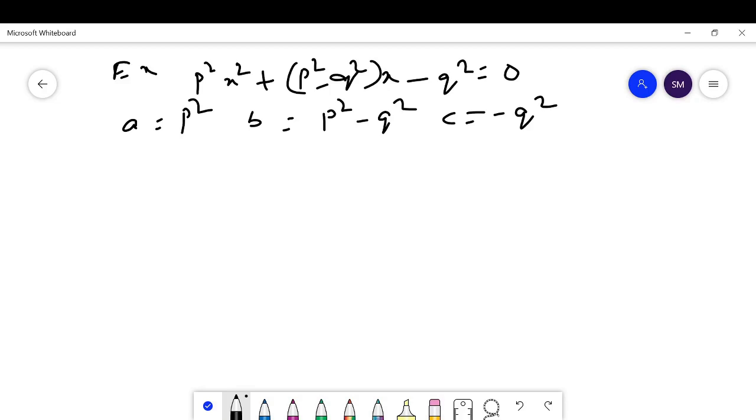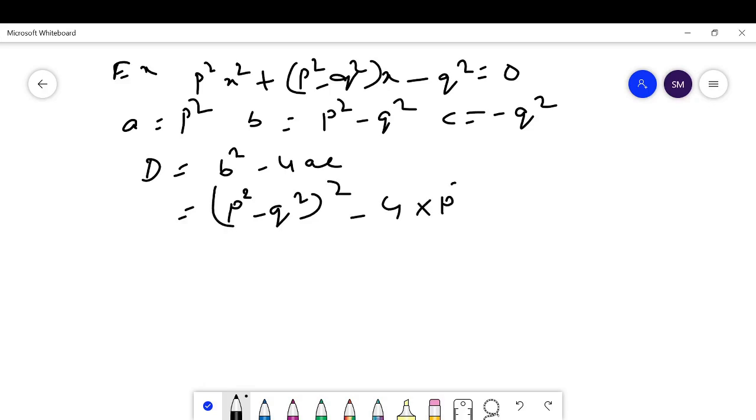Then you get here D is equal to b square minus 4ac. Then D is equal to p square minus q square whole square minus 4 into p square into minus q square,